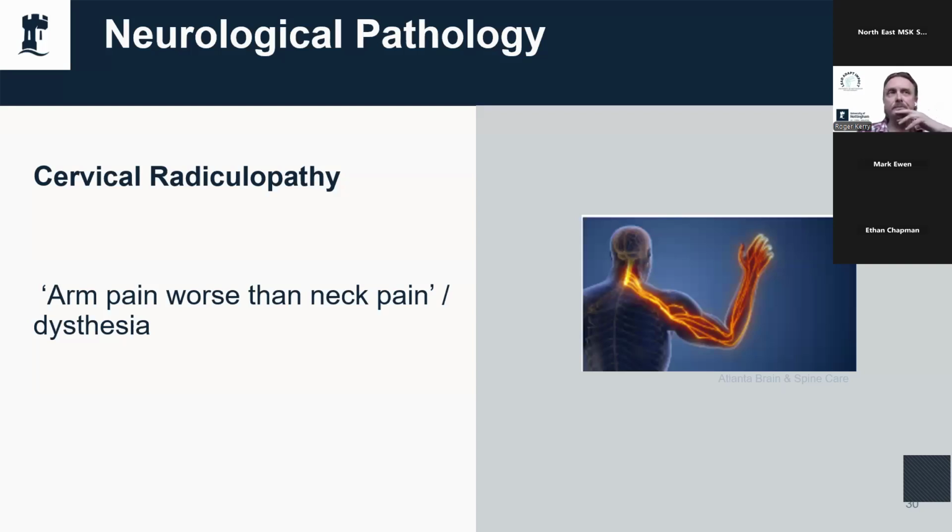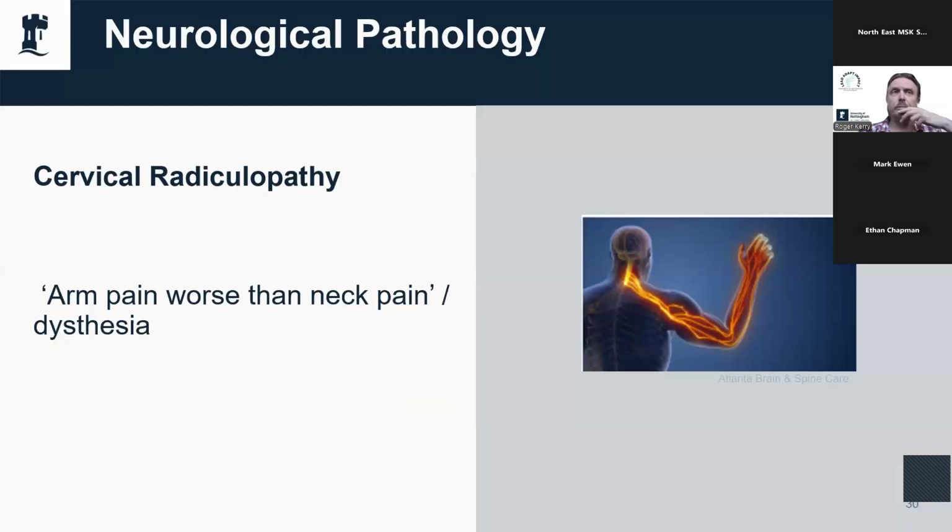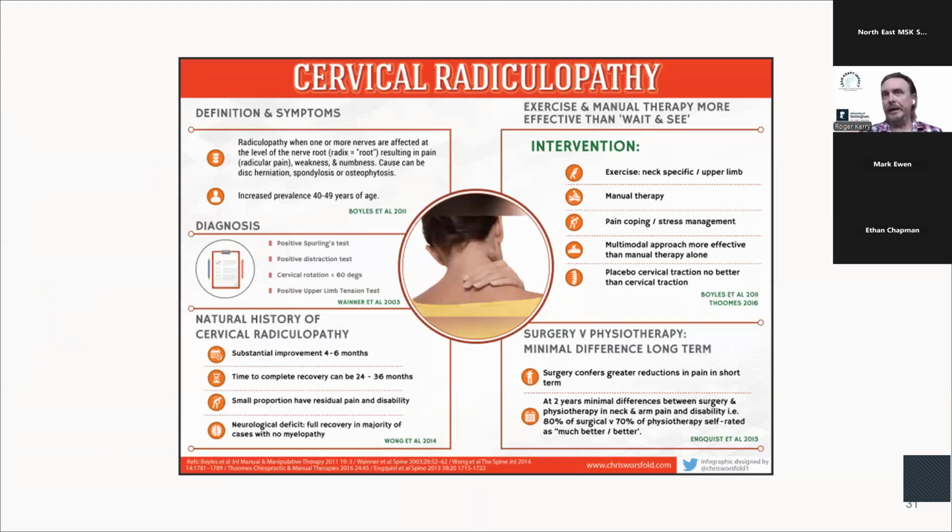Cervical radiculopathy. So myelopathy is central compression of the spinal cord, radiculopathy is nerve root compression. So unilateral symptoms with arm pain worse than neck pain, plus or minus dysesthesia in the lower limb. Lovely infographic from Chris Walsall there that just sums everything up, basically stating the profile and the presentation. Obviously this isn't serious pathology because we can treat cervical radiculopathy, and there's been some